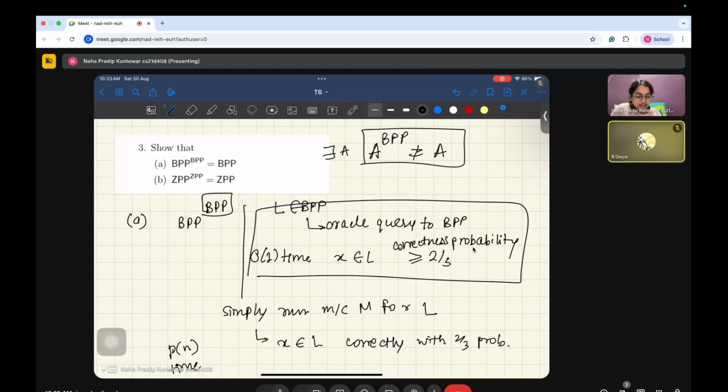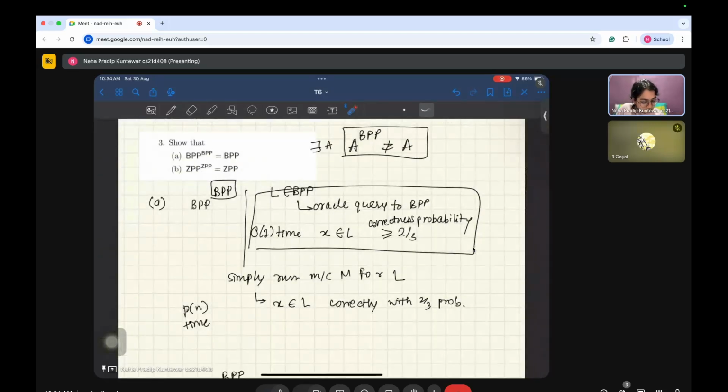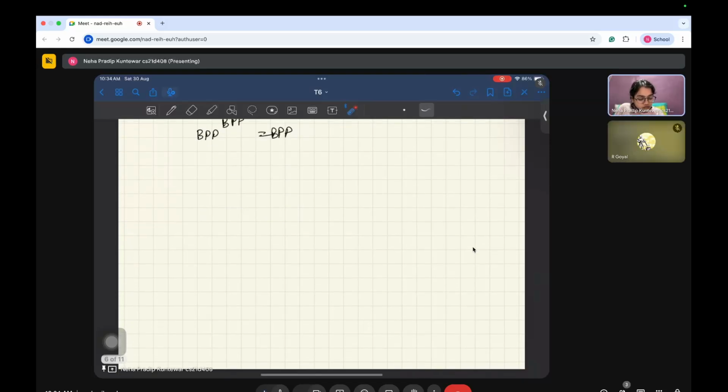Yeah, and the same argument actually goes for ZPP, only that you really don't need to worry about the two-thirds probability. It's actually the same argument, right? Okay, so just one more thing that I want to mention at this point is that